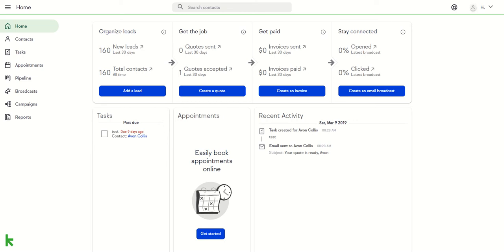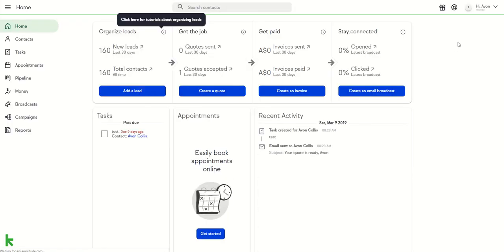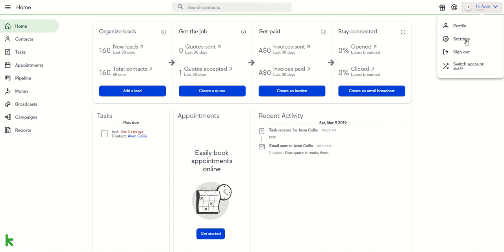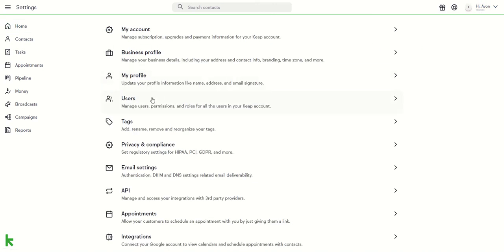In order for me to assist you with Keap, you need to give me access to your portal. So what you need to do is come to the right hand side here at the top, and you can see a drop down. Go to settings, then go to settings, then go to users,